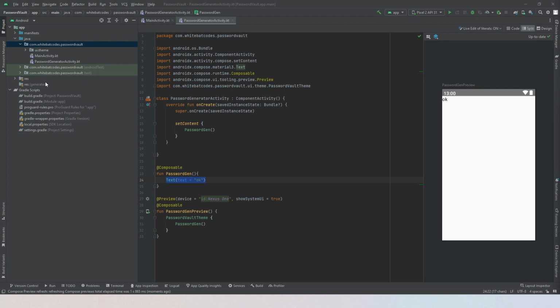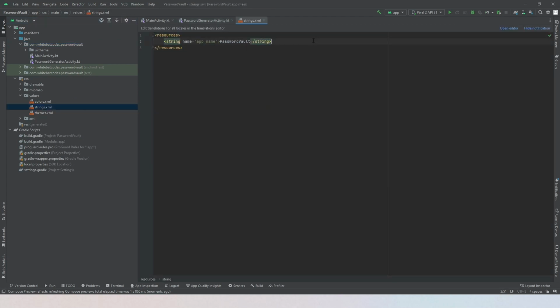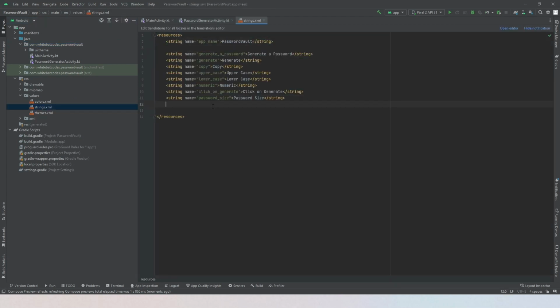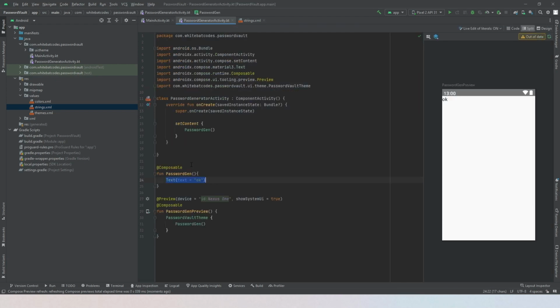So here for the password generator, let's start setting this up, but first I'm going to add some strings to my strings.xml file. So here values, strings. I'm going to need these later on in the application. It's what the text displayed in the application. So this generate password, the copy, generate, and all the text that are static in the application. I defined them here. And back to our password generator, let's start coding the